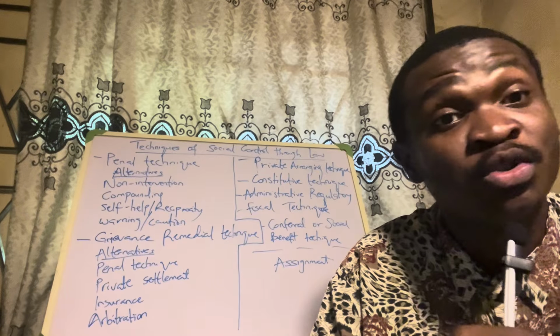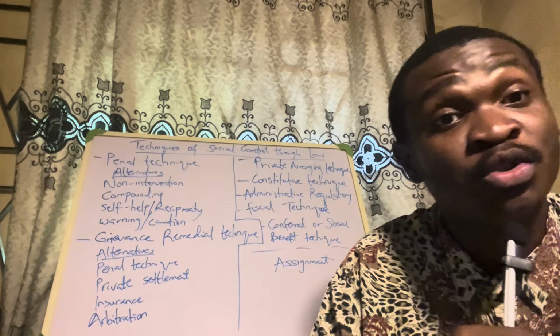So law came, and it is succeeding in curtailing the movement or the excesses of man. Now, one of the functions of law is to bring social order. And how does the law do this? The law does this by curtailing our social behavior. And I explain social behavior to be behaviors that would most likely affect the other person. So if I steal, for example, I have affected the other person. And so it is important for law to control my urge to steal.